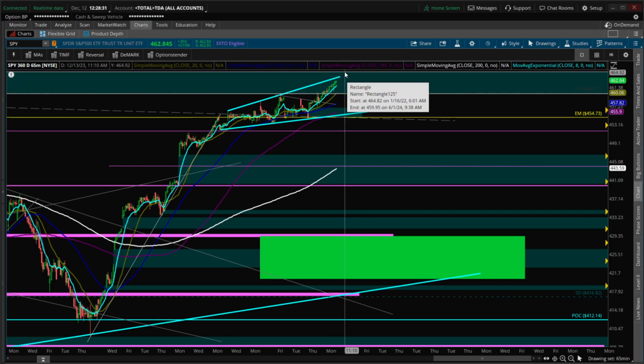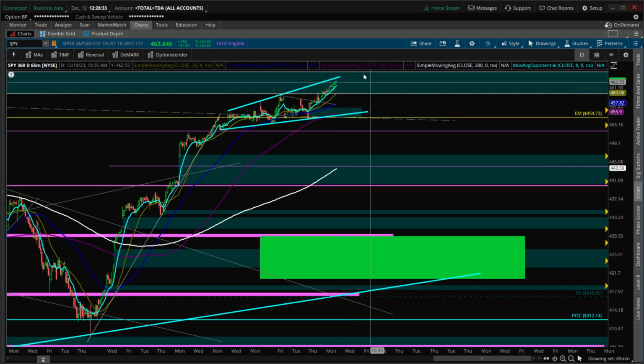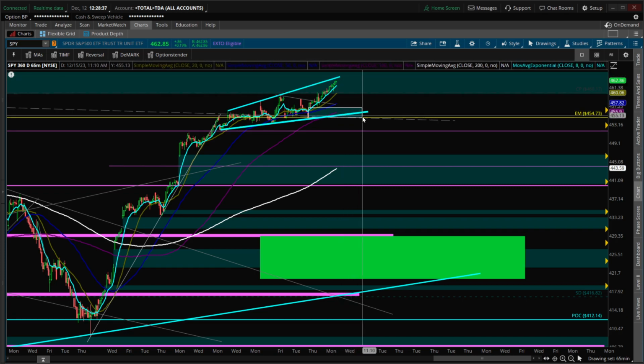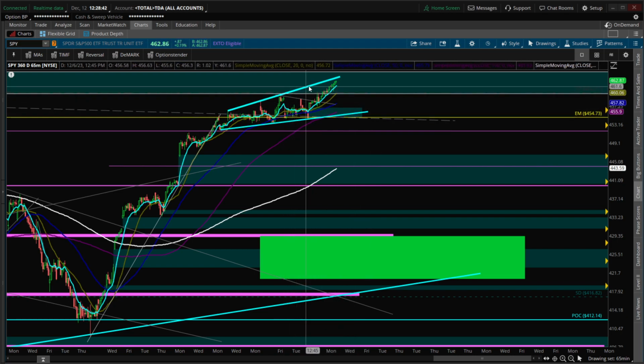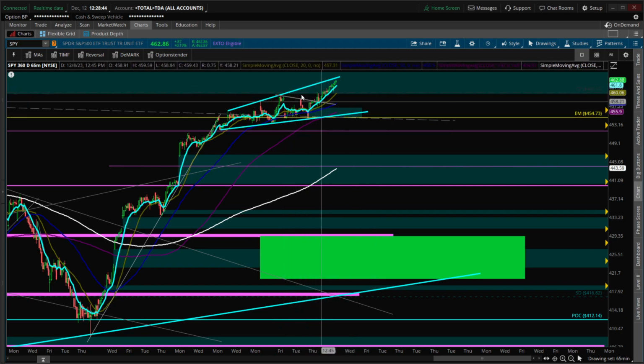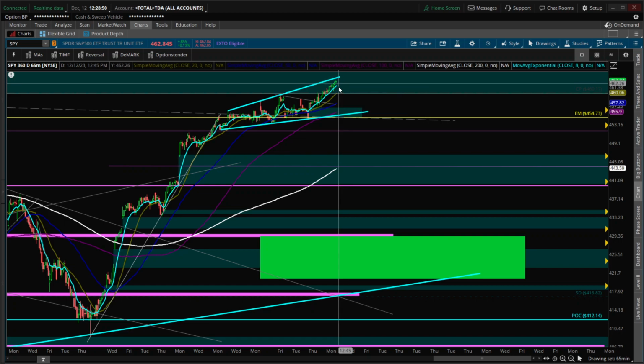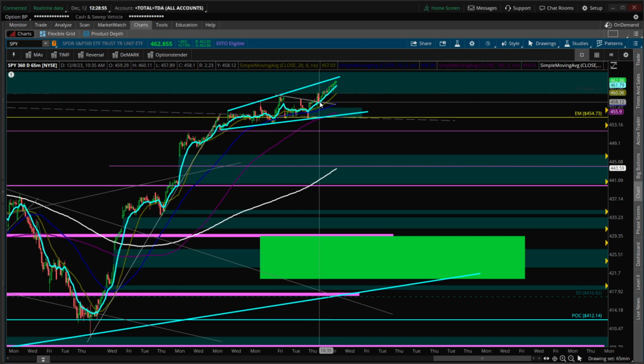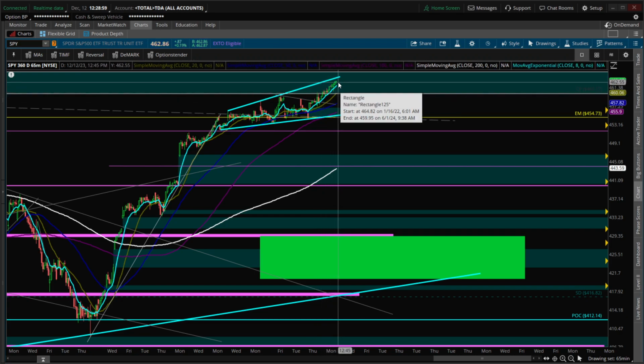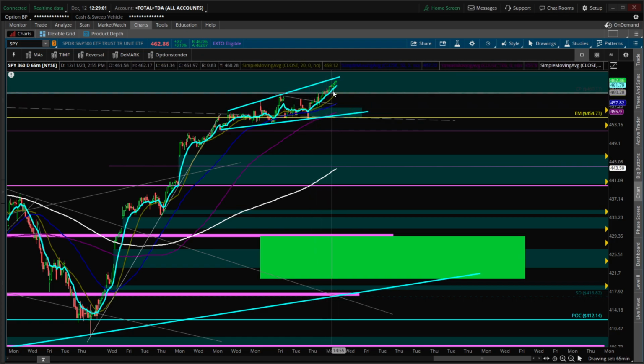I don't think we'll complete the gap here. If we do, that can just be an overthrow and head back down. But it's kind of expected after we broke out from this little downtrend. We're just grinding to the upside, working into FOMC. I didn't know if the CPI would be a catalyst to the downside. Of course, we gapped down and closed it, but we didn't really show any sort of break in structure either way. But we're forming a little bit of a wedge